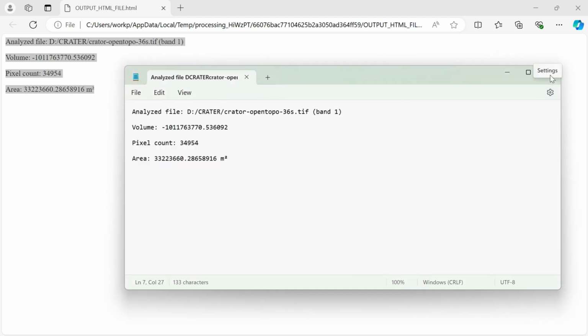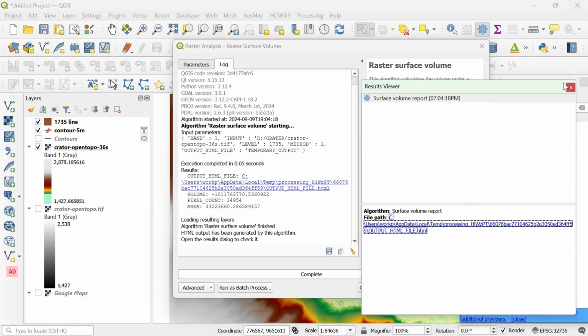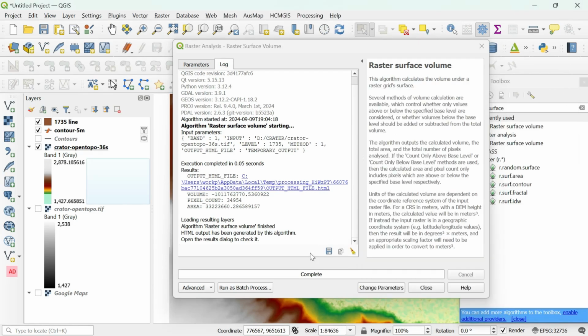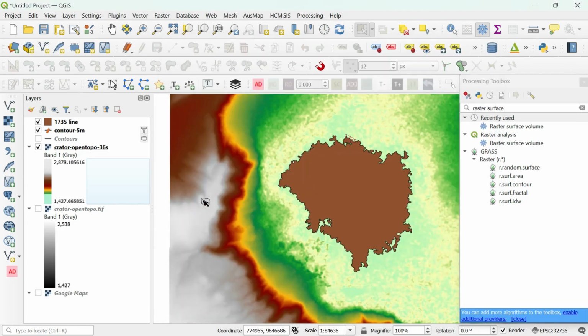Okay, then close it and close from here, and all the information is here, just you can close it. So this lake we already created.